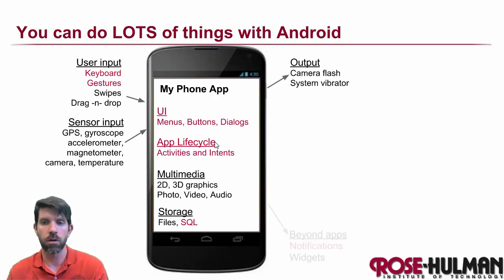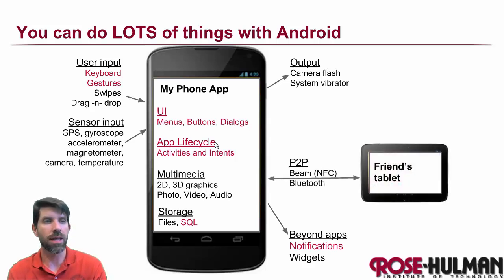What else can you do? Even beyond the app, thinking more about the home screen, you could make notifications. So when something happened, maybe your app could suddenly wake up and come to life if a certain system event happened. Or maybe you can make a little widget that lives on the home screen separately from the app.